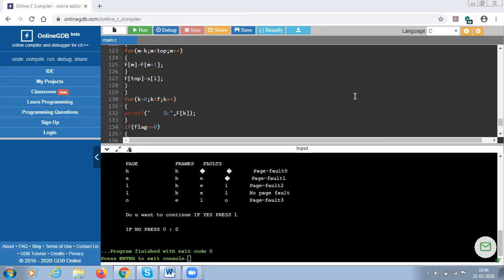Now, there's one more concept, the page fault. Suppose the data is not present in the main memory, but still the user is trying to access the data. The data is actually not present, but I am trying to access the same page, which is not present in the main memory. This happens to be a page fault, because previously my data was not present, but in spite of that I'm trying to access that specific page.